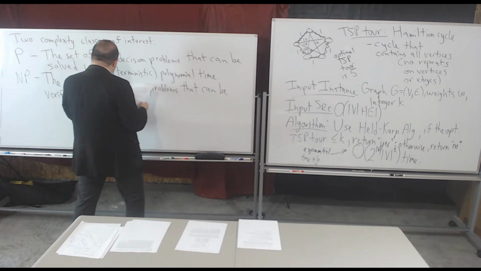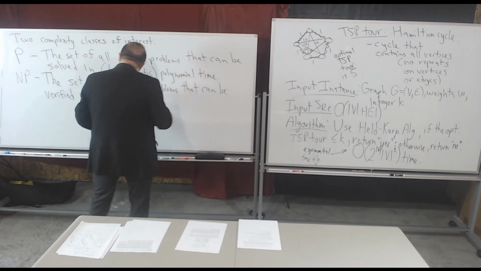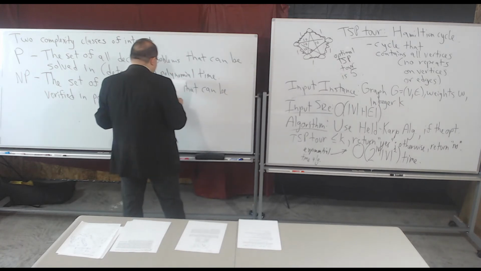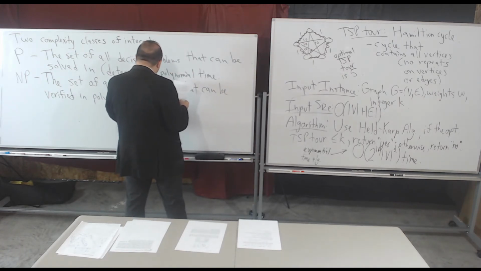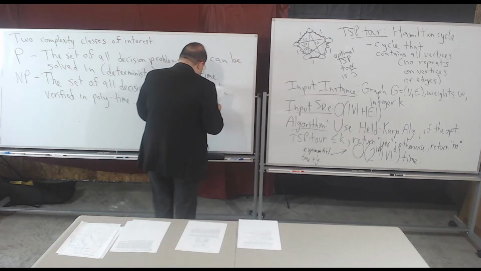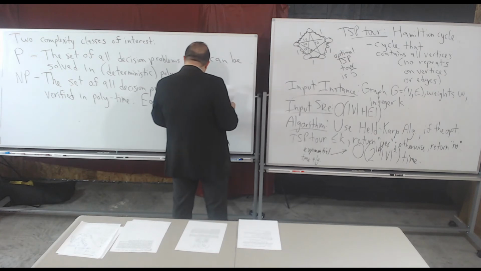So I'll just say polytime as an abbreviation. Whenever I say polynomial time, if I write polytime, that's what you should interpret it as. So that's one interpretation of it, but it's equivalent to the more traditional one. Equivalently, it is